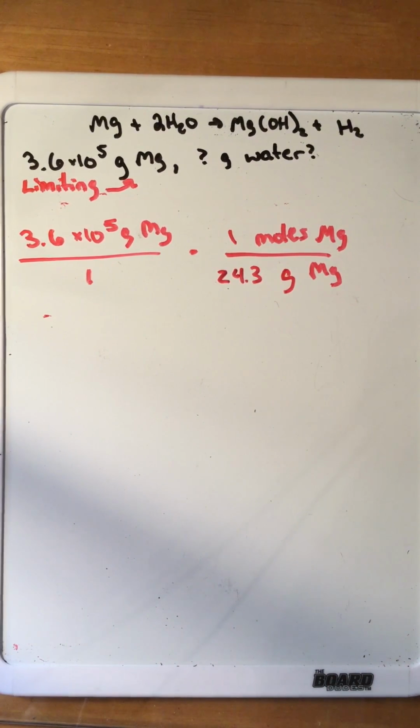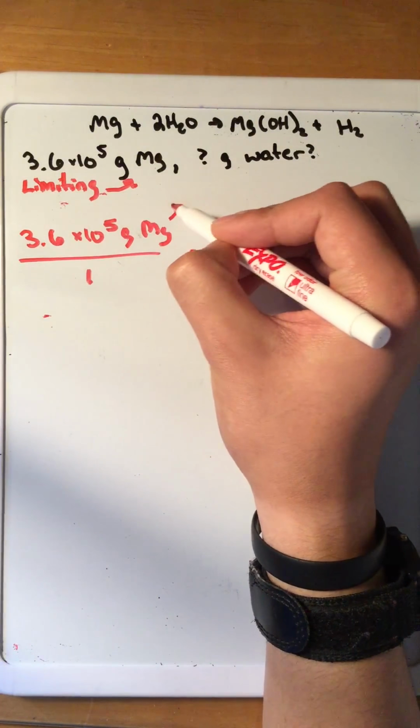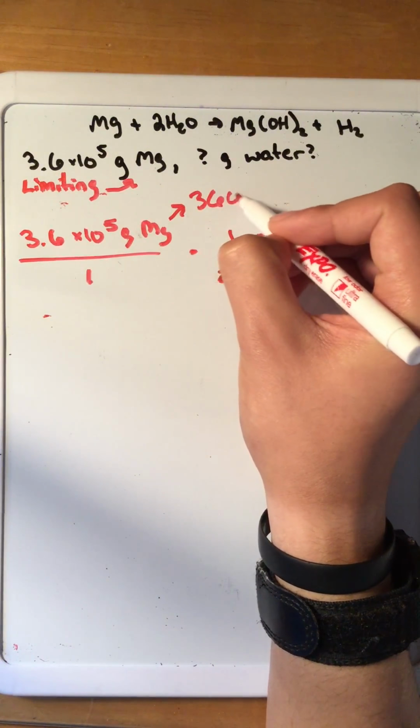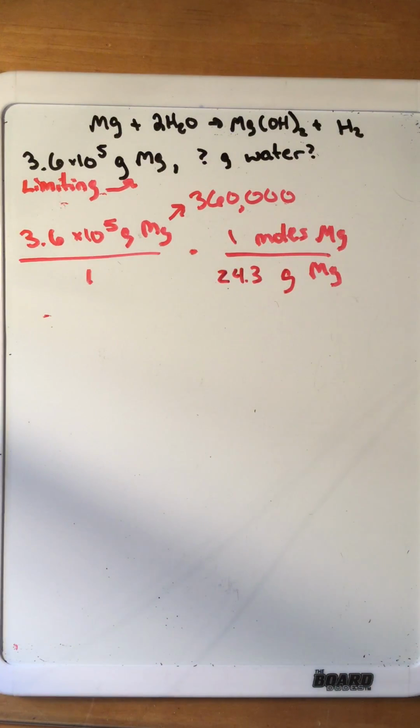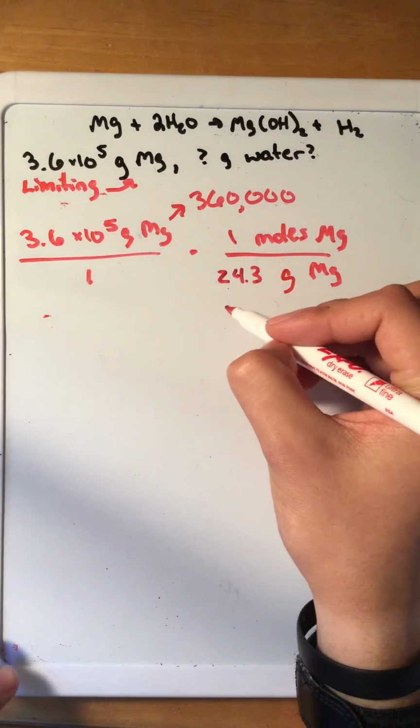So 3.6, and I'm just going to multiply out the 10 to the 5th first. So I get that this is really 360,000. I just find it to be easier sometimes to multiply that out so I don't get it mixed up with anything else later. And so now I'm going to divide that by 24.3